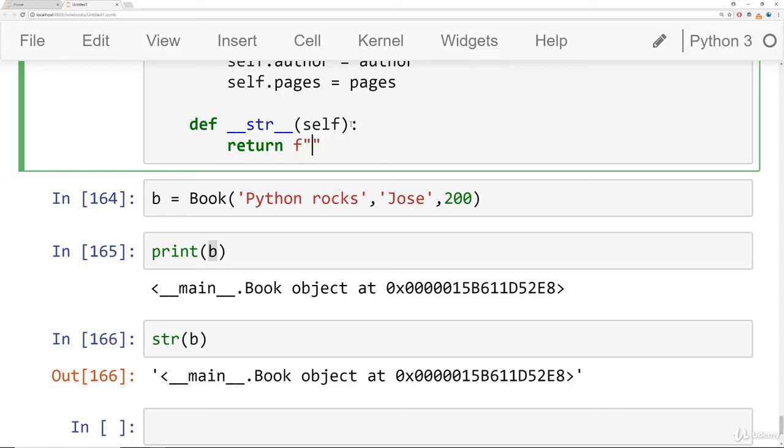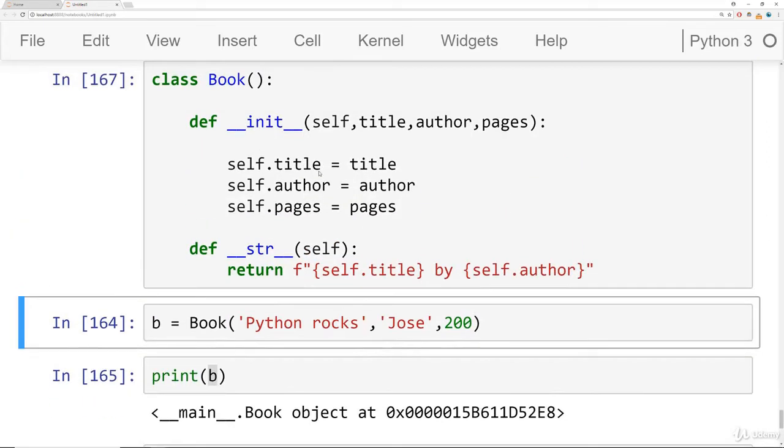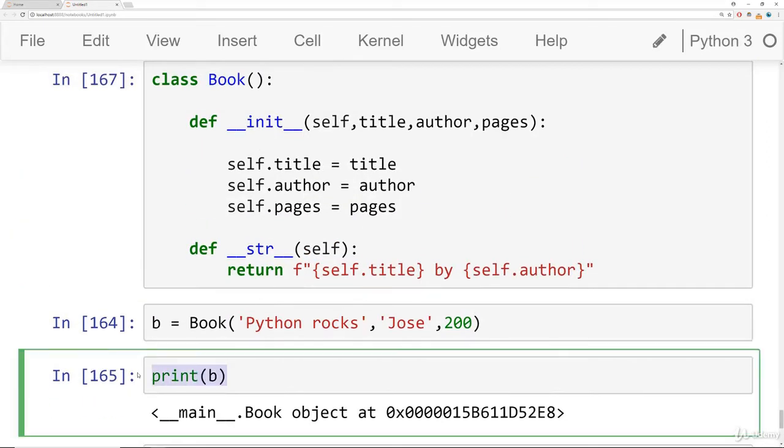I will say self.title by self.author, and shift enter here. So what happens is, when I call the print function, it asks the book object,